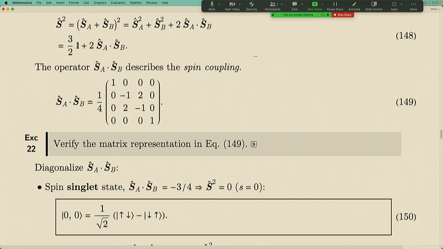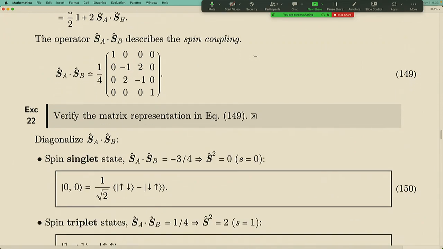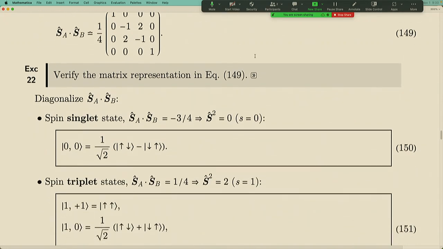That eigenvalue will tell us the J quantum number, or the S. In general angular momentum theory we call it J, but here I just call it S. S is like J, it's the spin quantum number. So this total S squared eigenvalue is supposed to be S times (S plus 1). By calculating the eigenvalue of this operator and matching this formula, we can figure out what this spin S